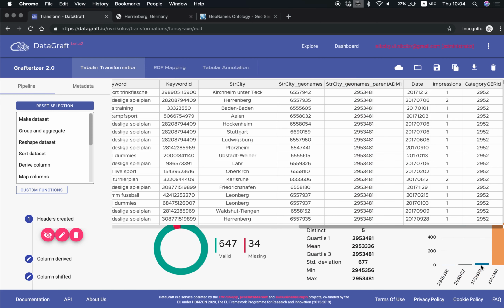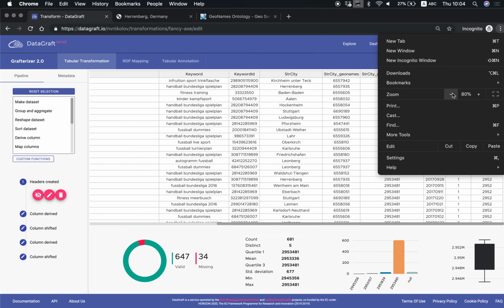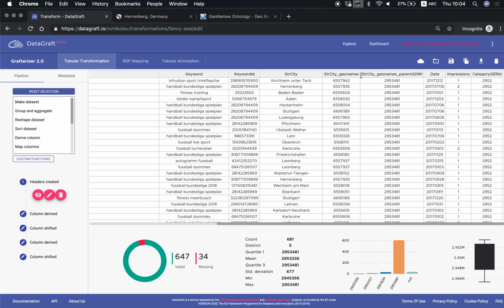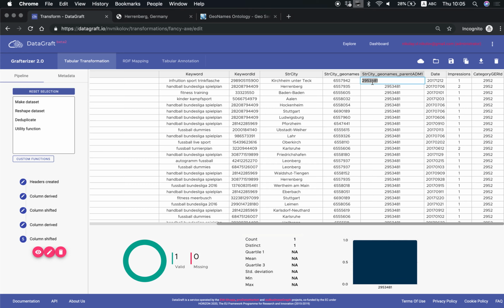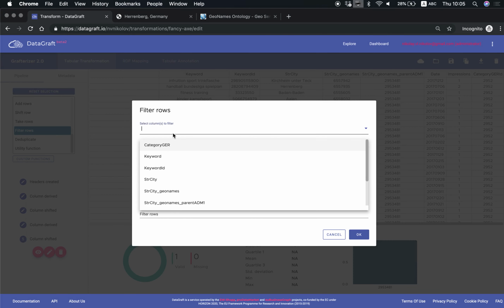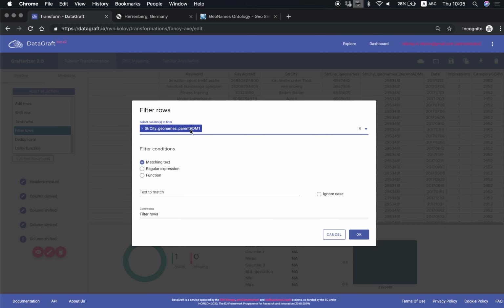So there are several regions here, and we only want one of them. Let me zoom out a bit. The next thing we want to do is filter out the data that we don't really need. There are also some empty cells, and we don't want those. So we'll take just this region, and we'll filter all the rows so we only leave the rows that have this region. You use the filter rows function, and we say this column should match the text